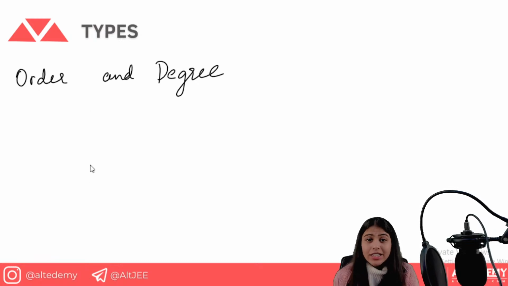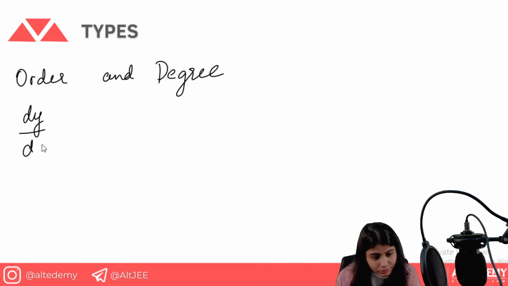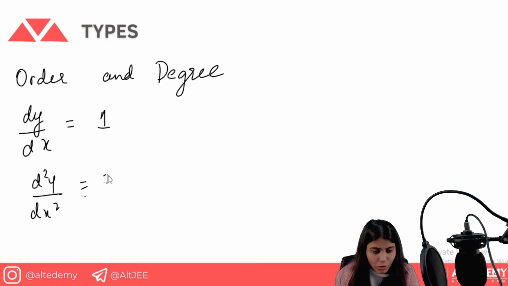And what is the degree? Degree is the power of whichever element is providing us the order; the power of that element is the degree. So right now I have said it verbally, now I'm writing it for you. I hope you will be able to understand it more clearly here. So here we have dy by dx, so the order will be 1. We have d square y by dx square, order 2. We have d cube y by dx cube, that is 3. So the order of the highest differential.